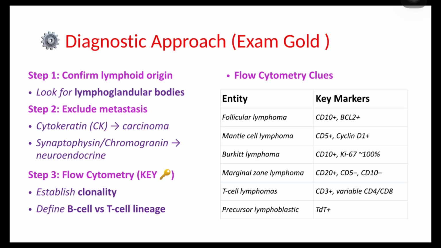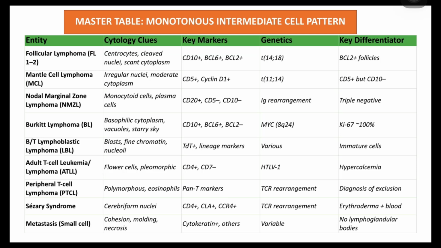So whenever you identify this monotonous intermediate cell lesion, cytology raises suspicion, but flow cytometry and IHC confirmation is required, and this will give the truth and guiding us from pattern to precise diagnosis. So this is the master table. Go through this table to remember what are the cytological clues, what are the key markers and genetic and key differentiator in all these monotonous intermediate cell pattern